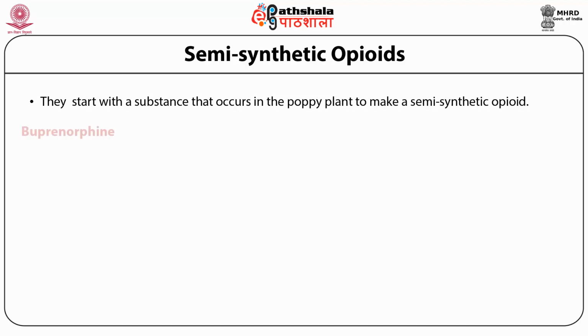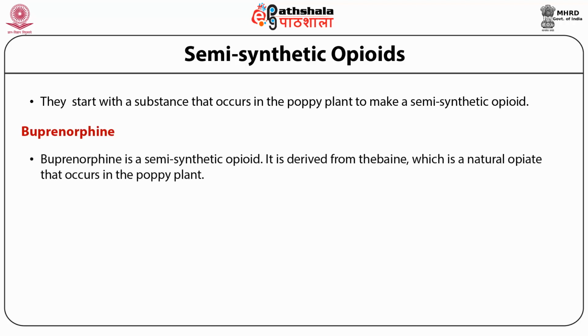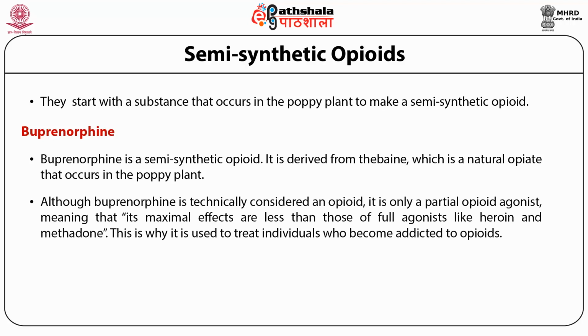One is buprenorphine. Buprenorphine is a semi-synthetic opioid peptide, and it is derived from thebaine, which is a natural opiate that occurs in the poppy plant. Although buprenorphine is technically considered an opioid, it is only a partial opioid agonist. That means its maximal effects are less than those of full agonists, like heroin and methadone. The next class is